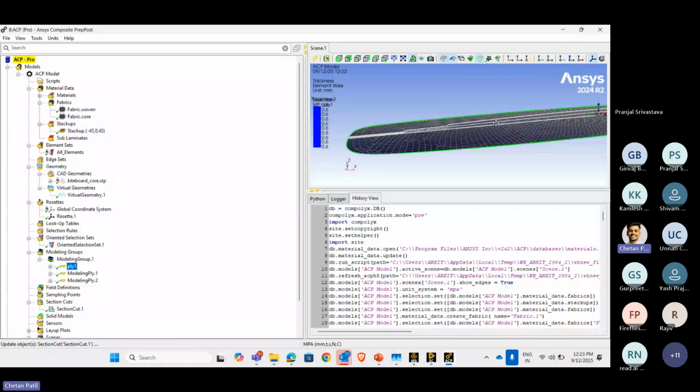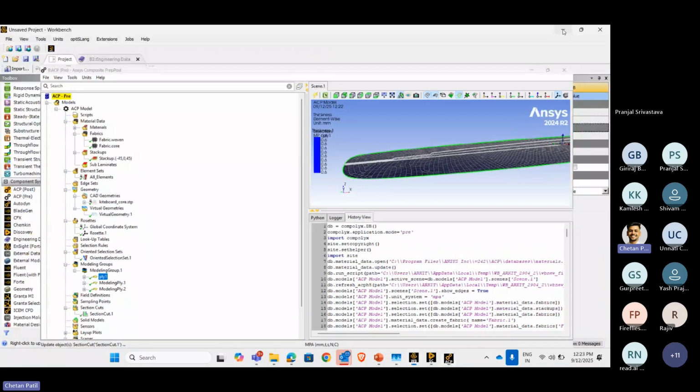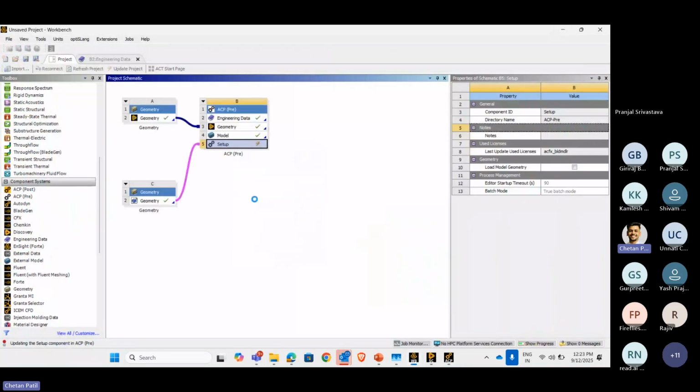material. So once all these things are applied, the section cut is just to see how the fiber orientations have been done and the thickness with respect to the surface of the model. So all these things can be done in the pre-processing part. Once all these things are done, minimize your screen, update the setup which is present over here,